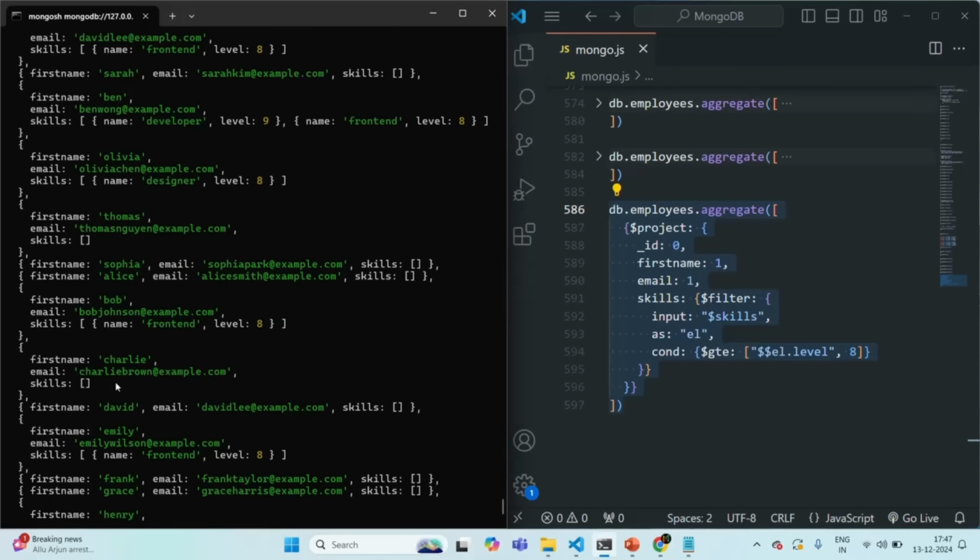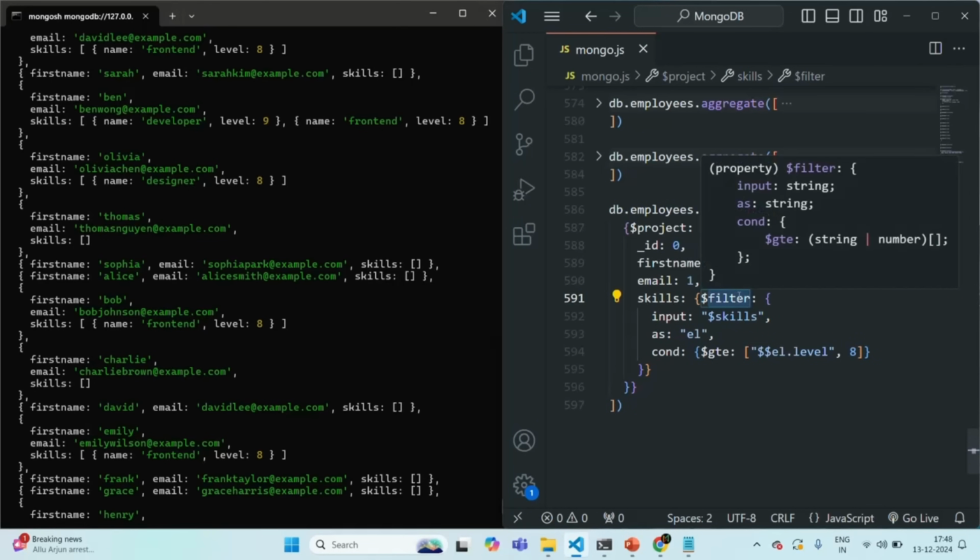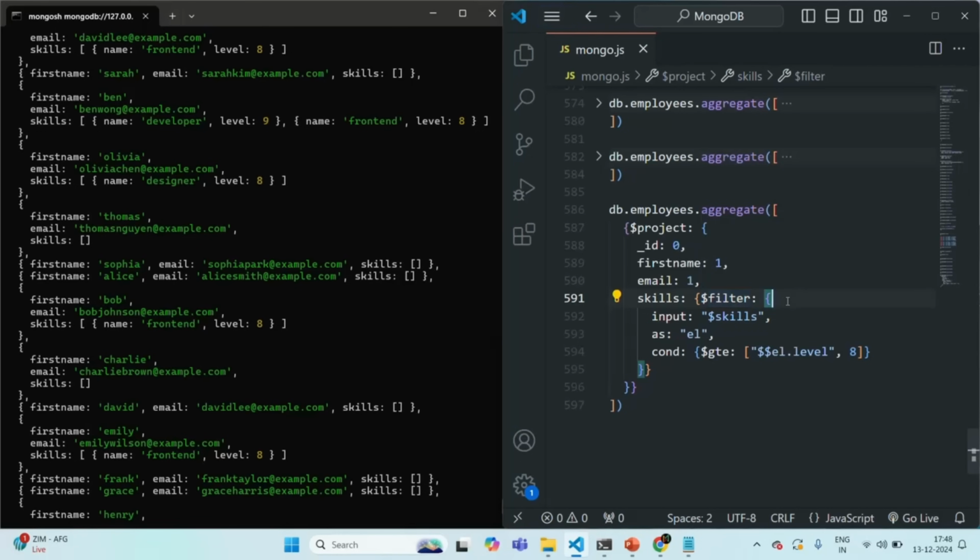So I hope with this example, now you understand how you can filter elements from an array using this filter operator. We also learned how to calculate the size of an array, and we also talked about extracting the elements from an array. This is all from this